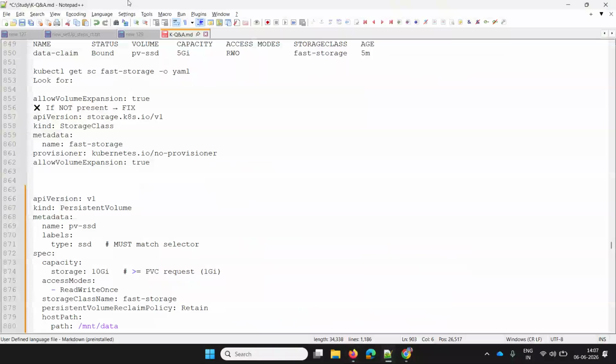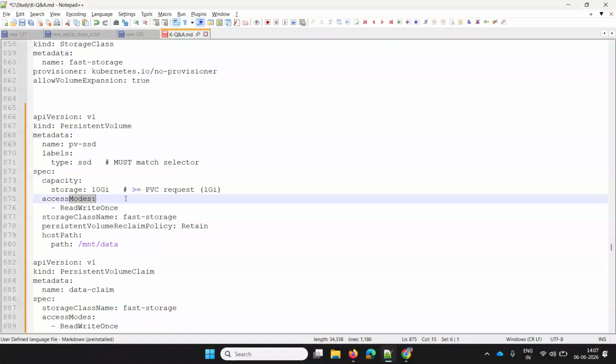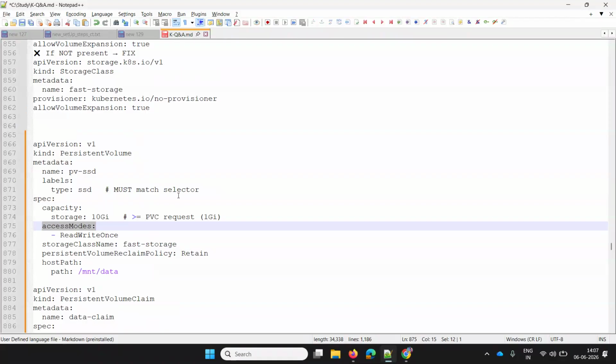Capacity or something. So generally, if you see any PV or PVC, that will be using a storage class, correct? So that particular storage class has an attribute called allow volume expansion, and if that is true, only then will you be able to expand from one capacity to another capacity.